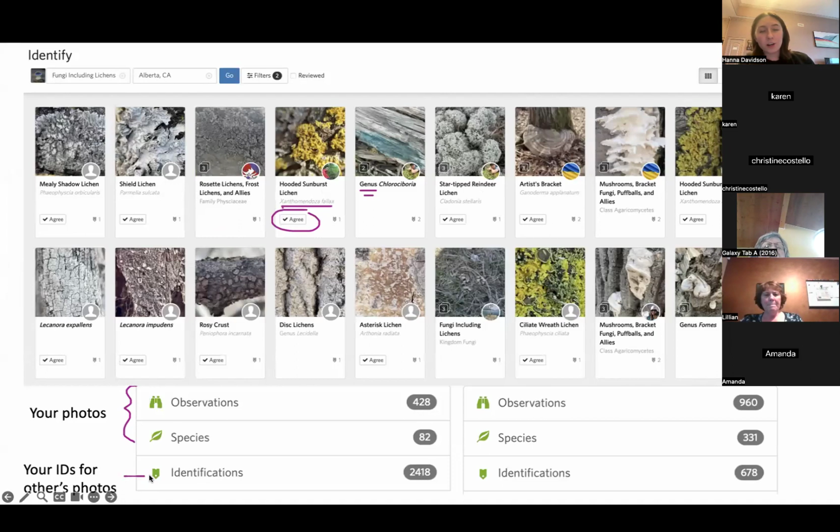And then at the bottom here on your profile, if you start an iNat profile, it actually keeps track. This person, I don't think it's mine because I definitely haven't made this many IDs, but they have 400 observations, so those are photos that they uploaded, versus 2,400 identifications, which is on this ID tab here. So this person has a really great ratio. They're IDing more than they're submitting. They're contributing more to the community than they're getting back in IDs. So that's great.